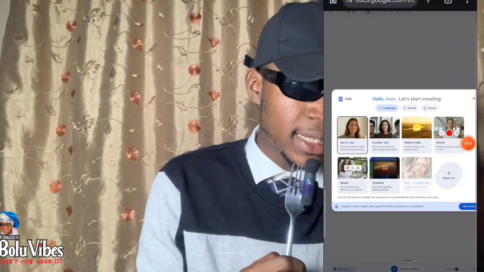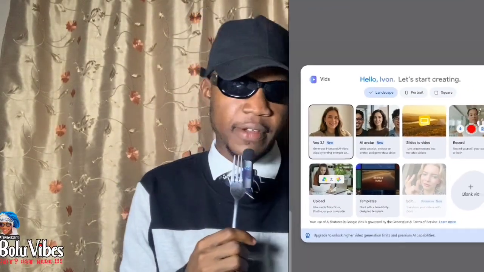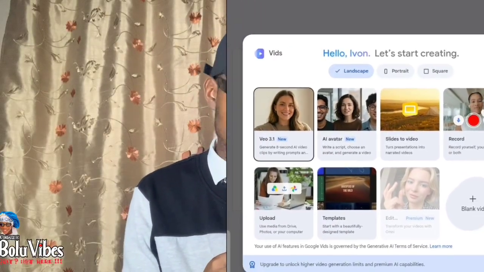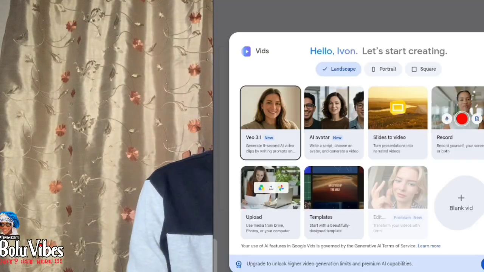So when you are done with everything, you see this interface. You see Vim 3.1 and every other thing. Do you understand? Can you see every other one? But here we are here for Vim 3.1. I want you to know, depending on the video you are creating,